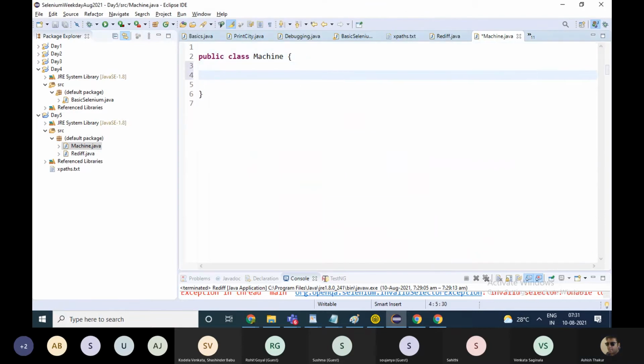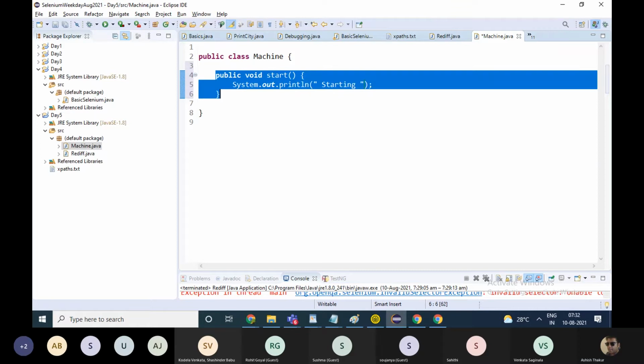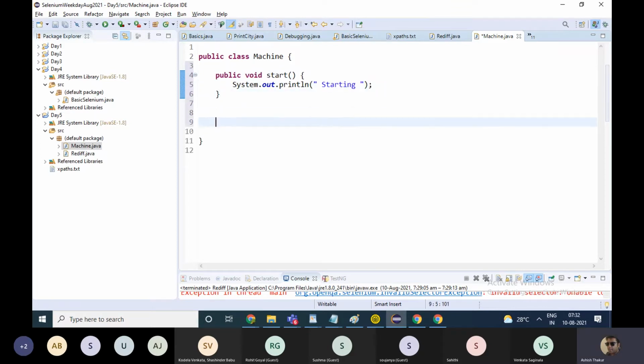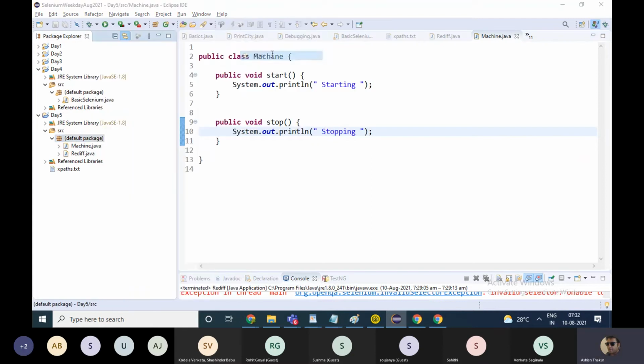And it has a function, and in this I'll just print starting and stop. Right. Now, suppose I have another class known as,